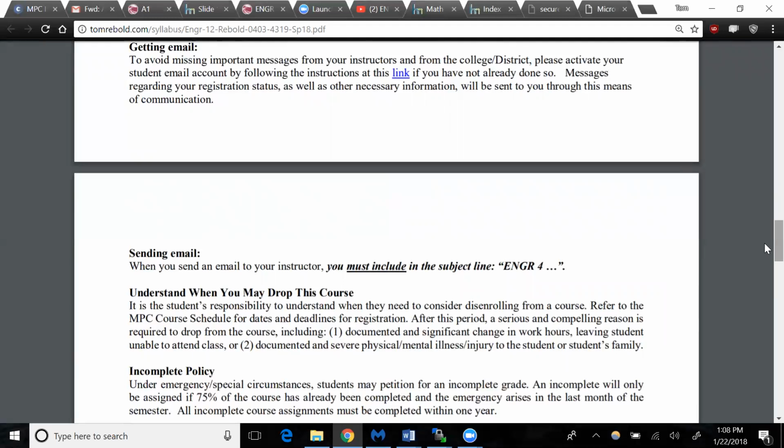studies. Unfortunately, I've copied something from another class, so this is Engineering 4. But basically what I want you to do when you send me an email, if it's for circuits, because people don't realize I teach a lot of classes, so if you just send me an email like, hey, when is the homework due? I have to go ask you, what class are you in first? So just tell me in the subject line what class you're in. That would be really